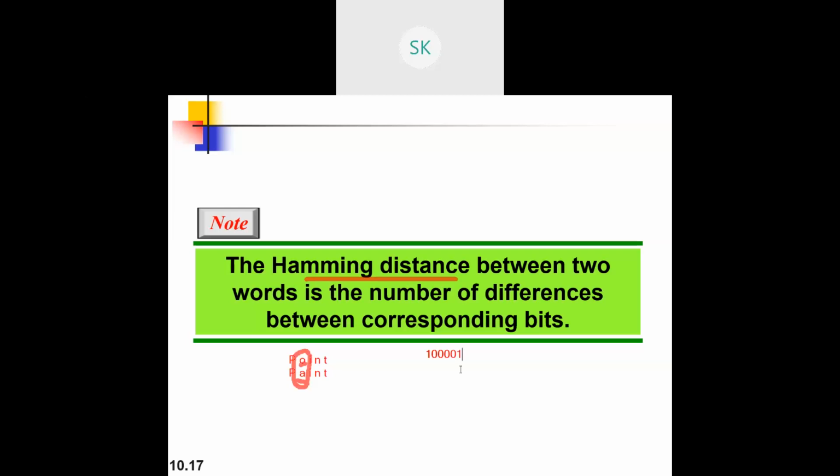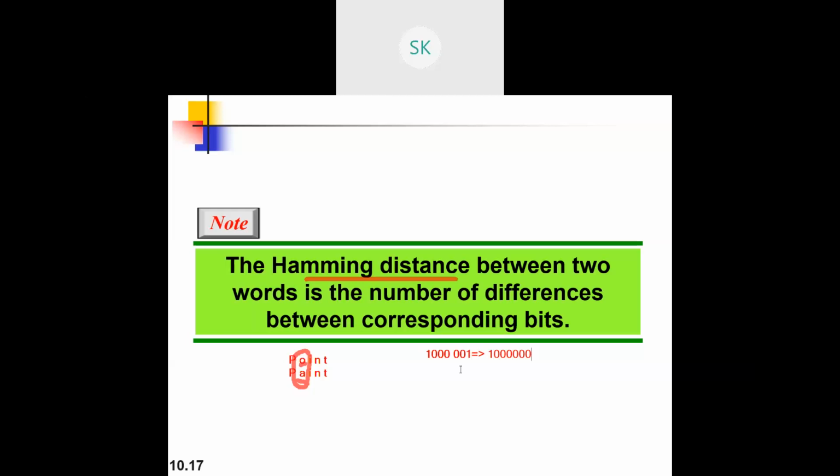Suppose you have data, you have identified the block, that is your code word. Similarly, you have one more particular code word, which is already present at the receiver. Very simple thing that I'll try to explain. So this is the data word. For this, we are adding the redundancy. So this becomes the code word. Code word is 100 followed by 000. So the same code word will be available at the sender as well as at the receiver, right? Agree? Instead of it, I'll go with the parity itself.